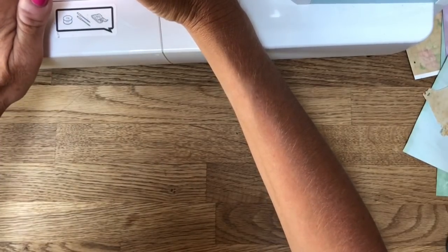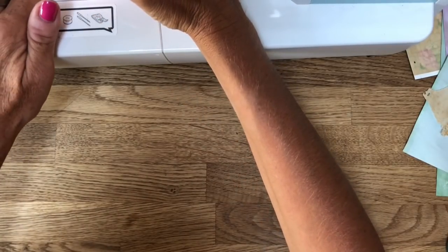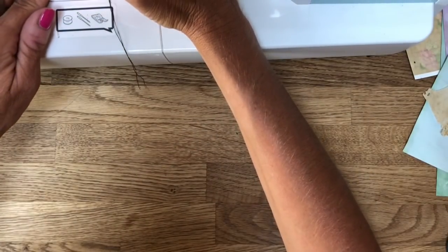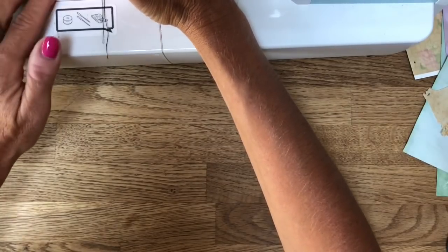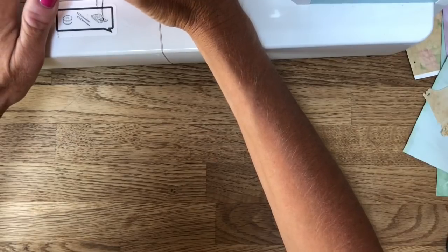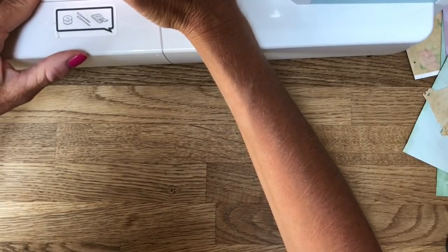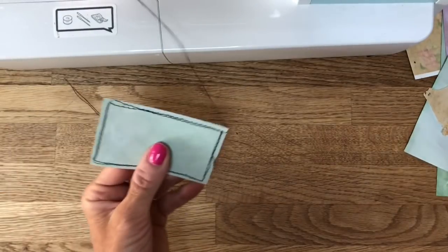And I mean, obviously, I am no seamstress, as I say all the time. In fact, I'd best slow my machine down a little bit. So, you know, my frame is not going to be very straight or anything like that. But I think that all just adds to interest, I suppose, really. I mean, who wants to look at a perfectly straight, absolute line? I don't think there's anything very interesting in that. So I'm just going round all four sides, and I've done it twice. I don't think that this is very visible in the camera. So I'm just going around it twice, and then what we do, we just pull that out,